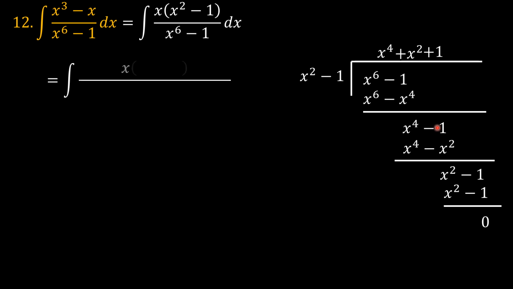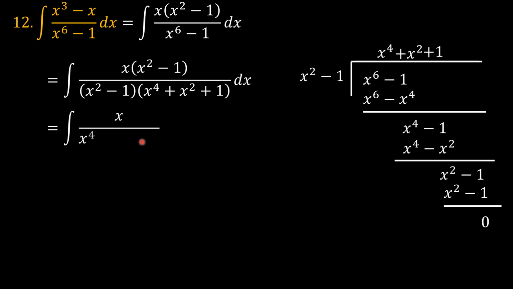And so what that means is that x to the power 6 minus 1 in the denominator is the same as x squared minus 1 times x to the power 4 plus x squared plus 1. Obviously, the x squared minus 1 in the numerator and the x squared minus 1 in the denominator cancel out, so you do have x over x to the power 4 plus x squared plus 1 in